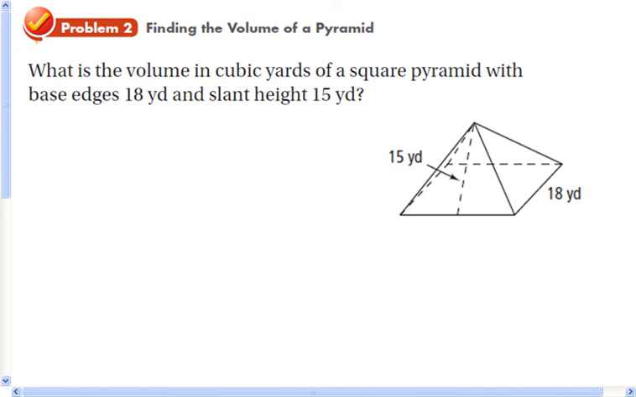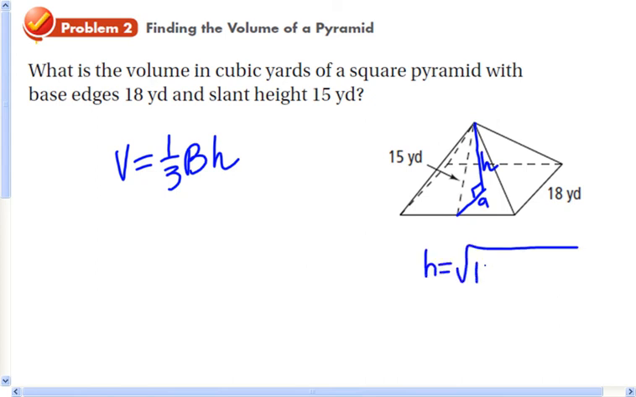All right, problem 2. What is the volume in cubic yards of this square pyramid when you're given the slant height? The only thing different here is we're still going to use the volume equals 1/3 the base area times the height, but we're going to have to calculate the height, and the height is a perpendicular segment there, and the base of this triangle I just drew is 9, and so the height is equal to,